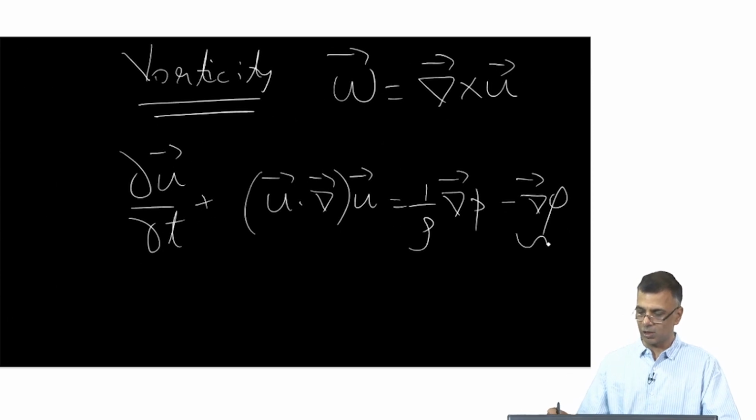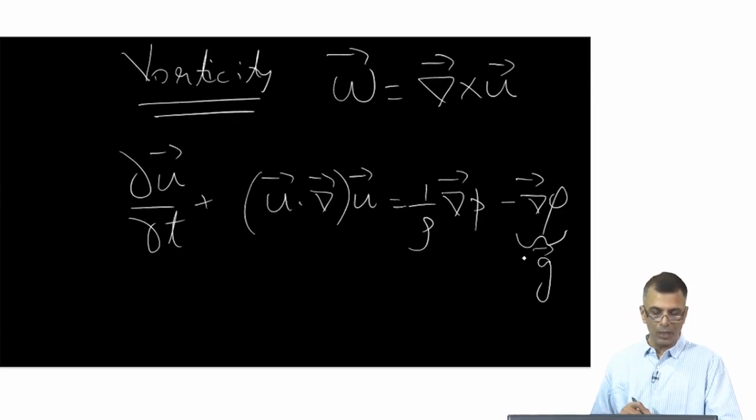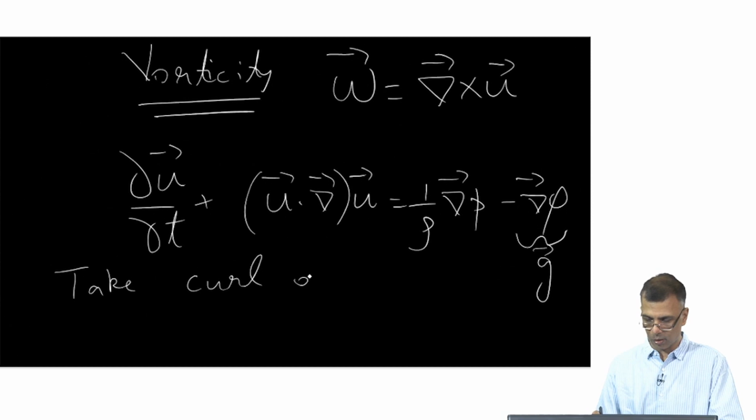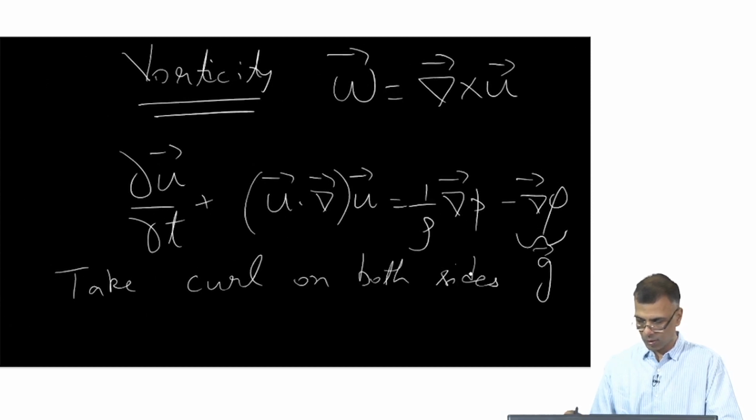This is essentially your G as in the previous example, and we took a curl of the entire equation. Then you take curl on both sides. That's what we do. So take curl of everything